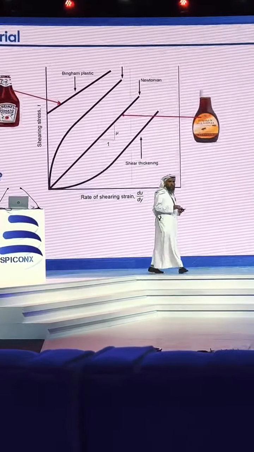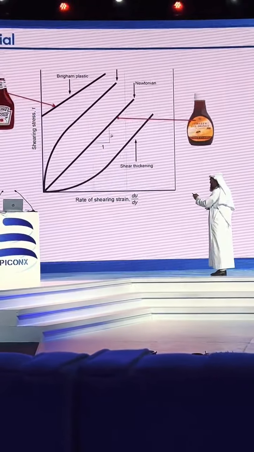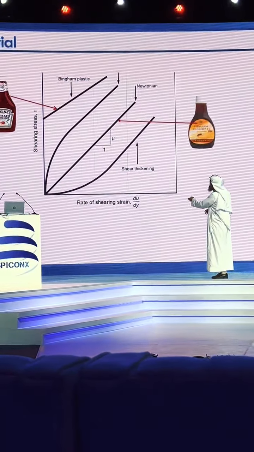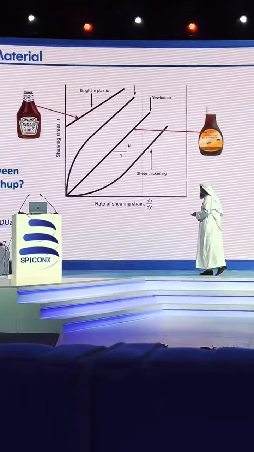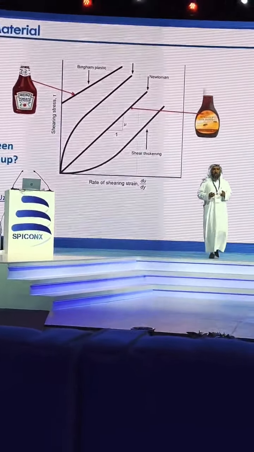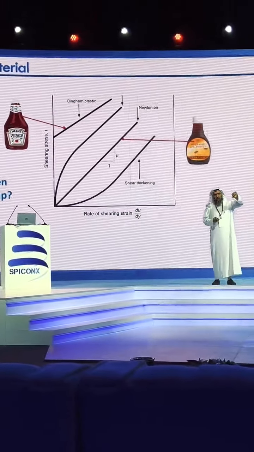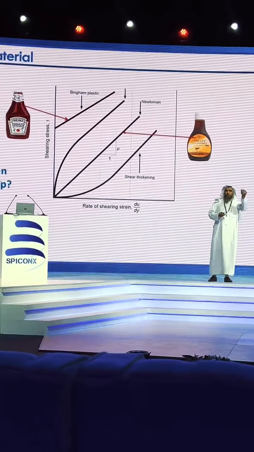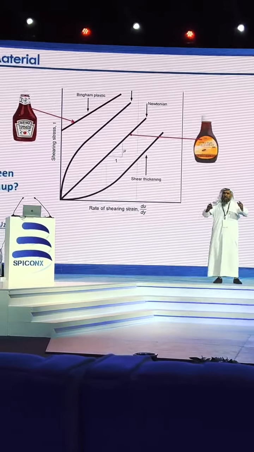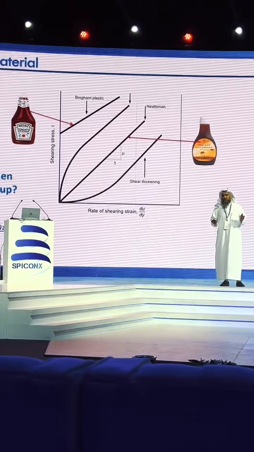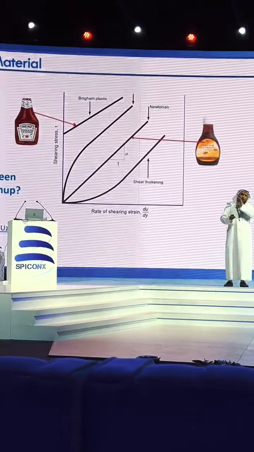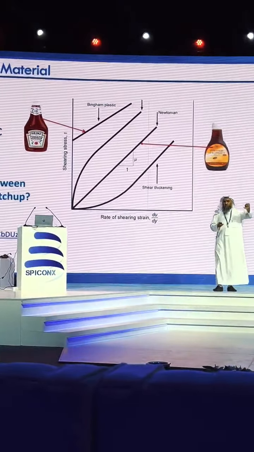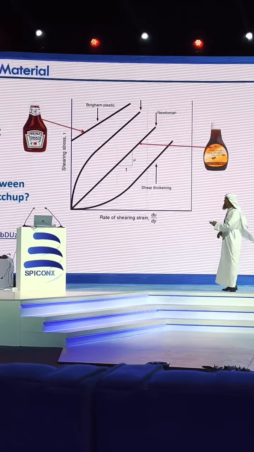There are 3 types of viscoelastic material. The first one is what's called Bingham plastic. What's the difference between honey and ketchup? If you open the bottle of honey and pour it, the honey will for sure flow, in 1 second, 3 seconds, 20 seconds, depending on its viscosity, but for sure it will flow by gravity only. Whereas in ketchup, you need to shake it or squeeze it, otherwise you will not get a flow. This is called Bingham